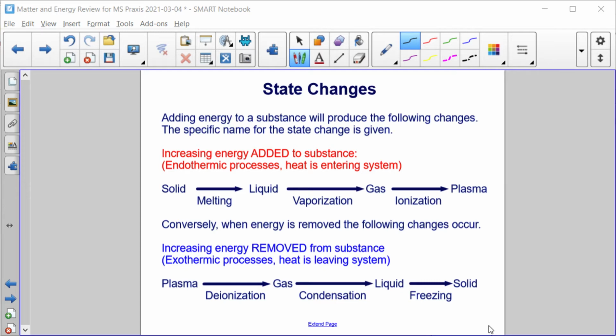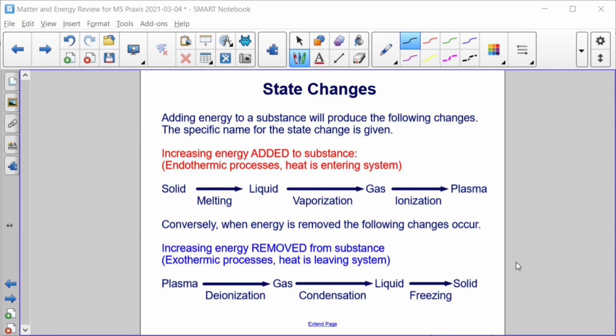Adding energy to a substance will produce the following changes. The specific name for the state change is given in the diagram. So, increasing energy is when energy is added to the substance. This is an endothermic process, where heat is entering the system. When we go from solid to liquid, that is melting; liquid to gas is vaporization; and gas to plasma is